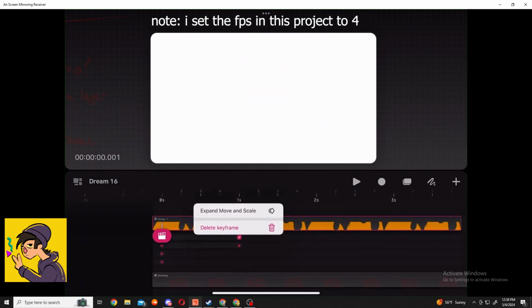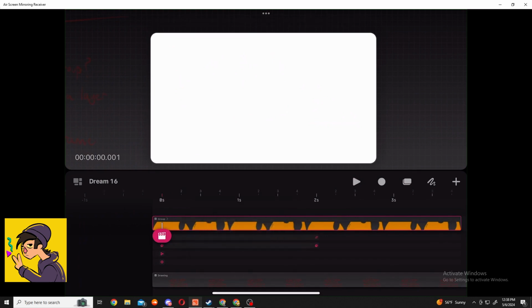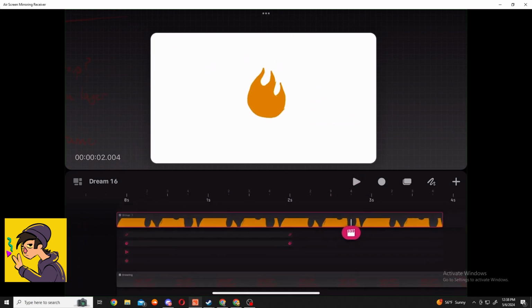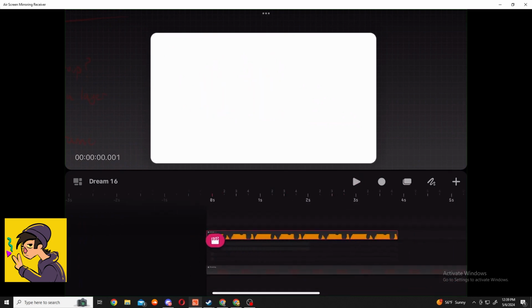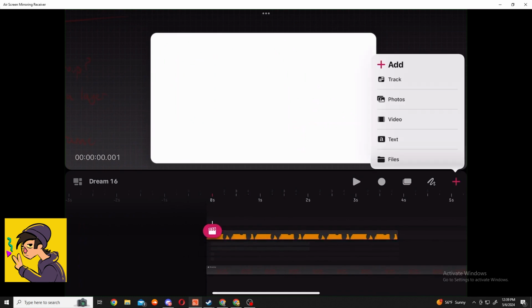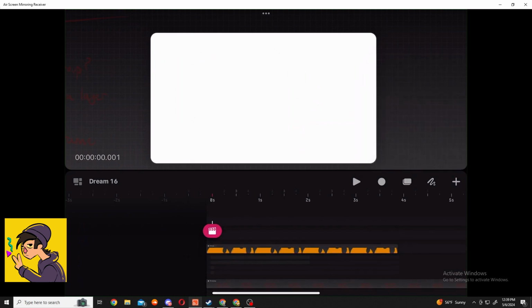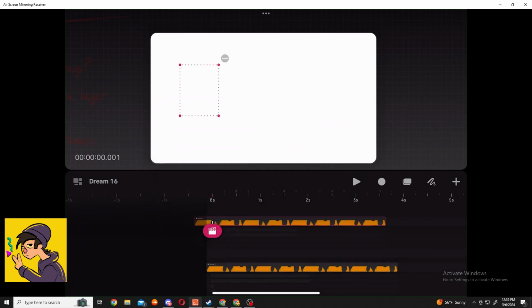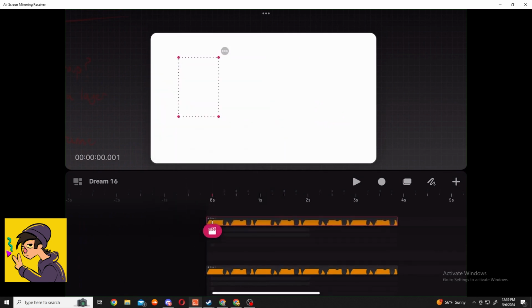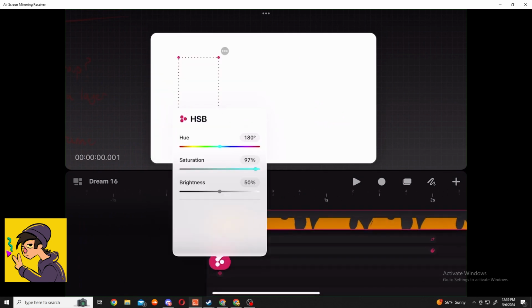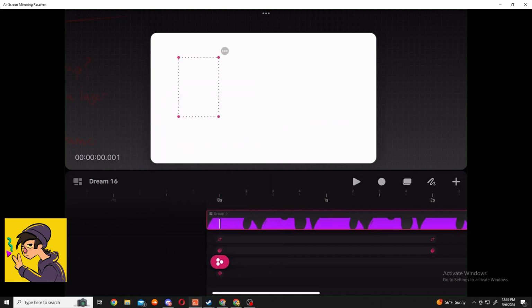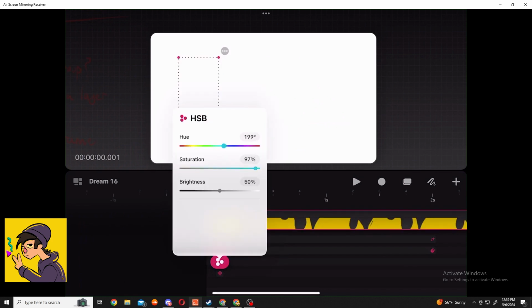And I can hold and drag and make it further away so that it's a slower effect over time. And I can copy this group, add another track, paste it, and it's the exact same keyframes, except I'm going to change the color value to yellow, or no, yellow, there we go,